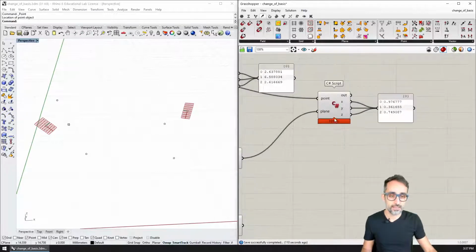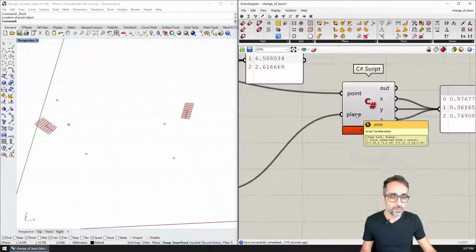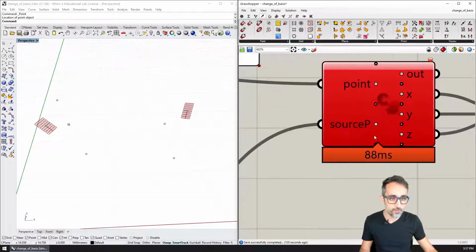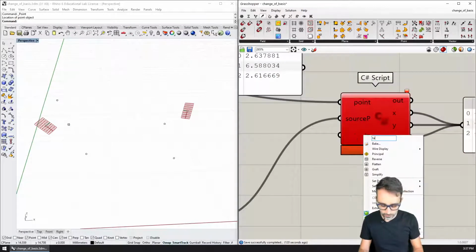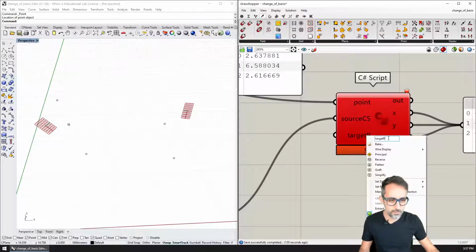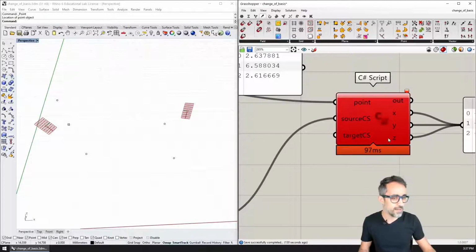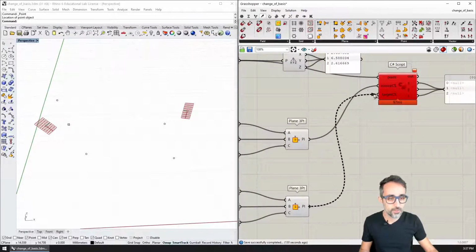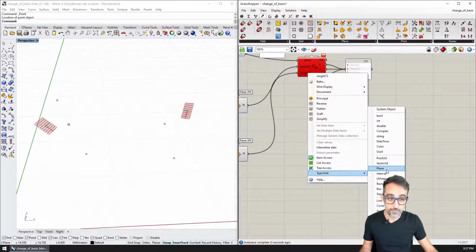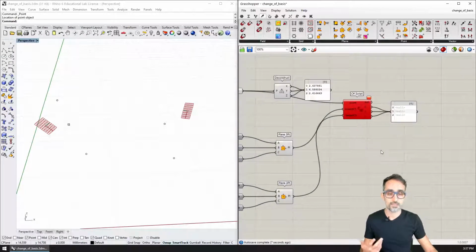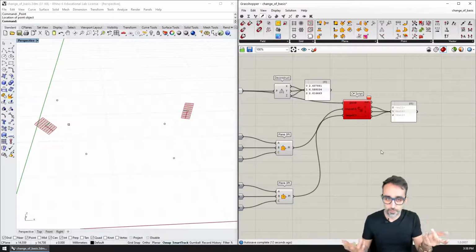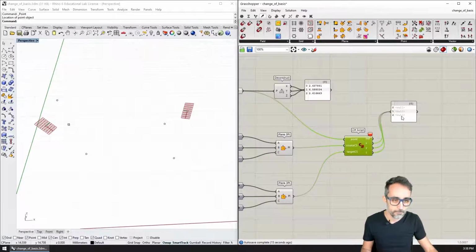So for that, I'm going to rename first. I'm going to rename the plane to source P, and then create a new input in the component for the target plane. I'm going to call this the source coordinate system, and this the target coordinate system. I kind of like that definition a little better. I'm going to plug this in here, and remember that I need to right click and set the type of this input to plane, which is how in Grasshopper coordinate systems, frames, or 4x4 matrices are defined.